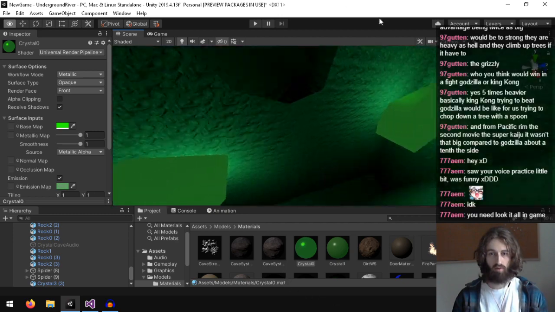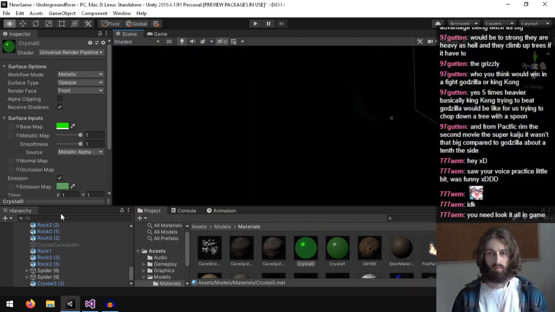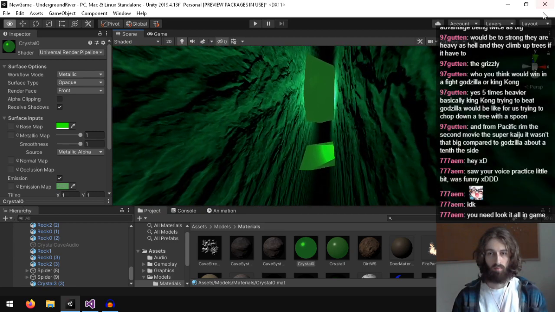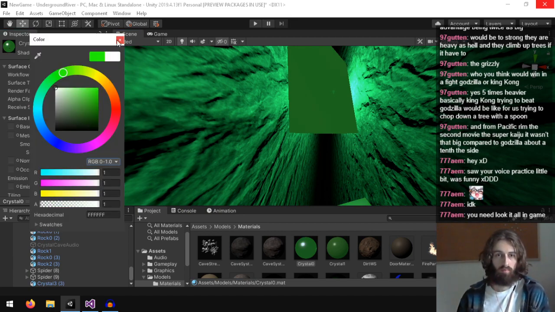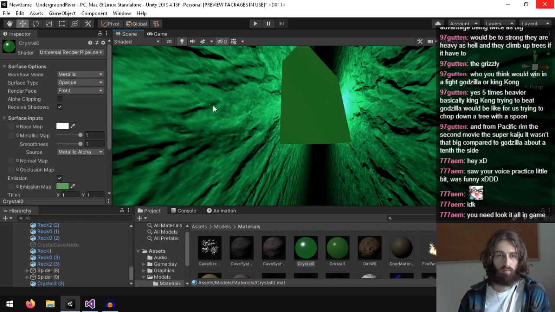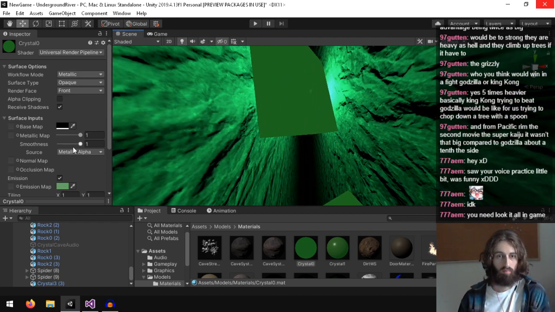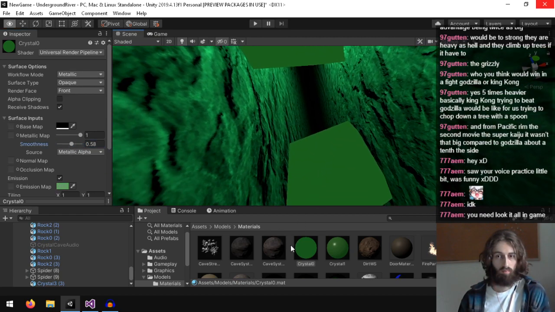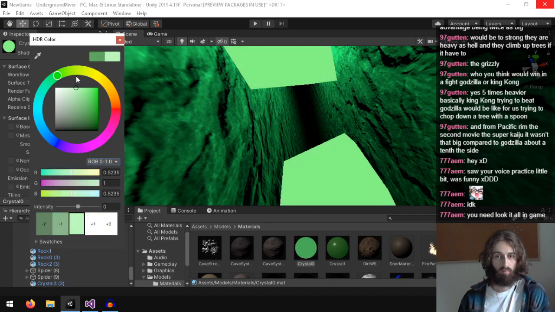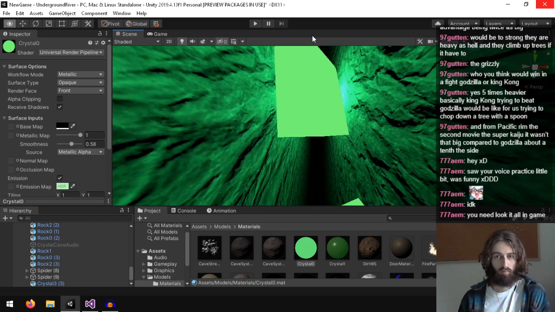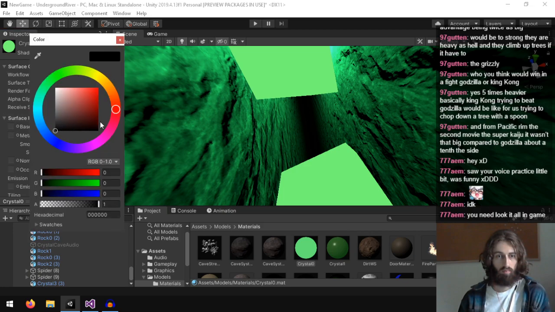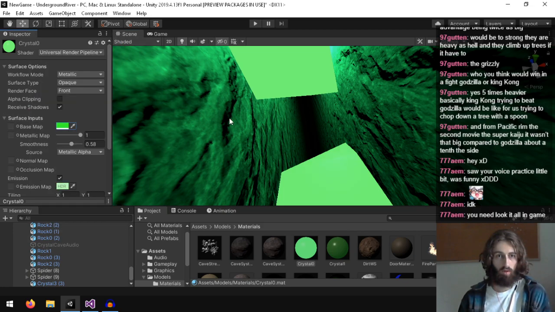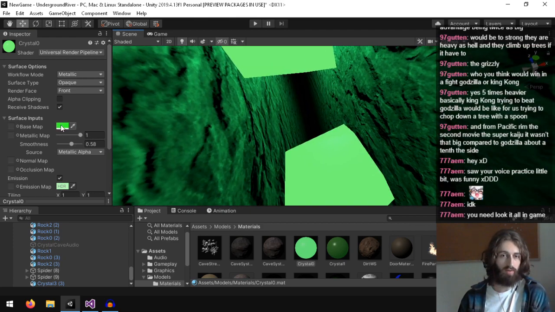It's hard to get them to match, like... I think I'm going to end up trying to do a custom shader for these.